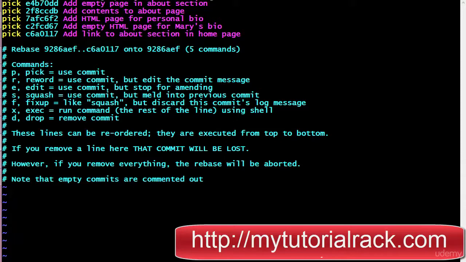These are the commit messages that you can see, and they go from older to newer commits. On the top is the first thing that we did, add empty page in about section. This is the first commit that we did in the about folder. Then we added the contents to the about page, added the HTML page for the personal bio, etc. Now, if I wanted to edit one of the commits,